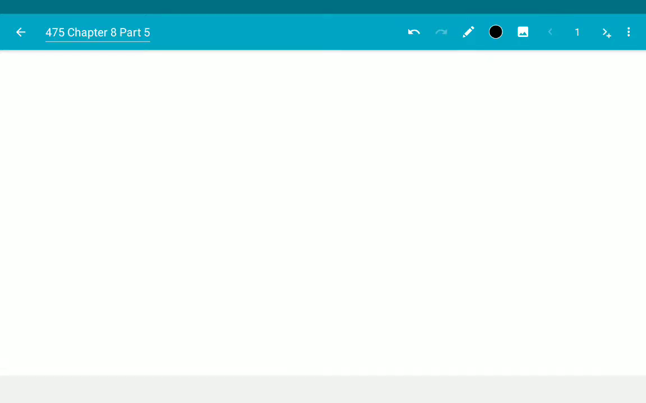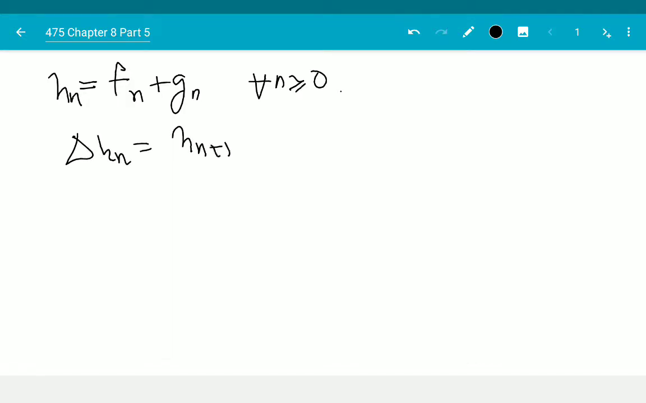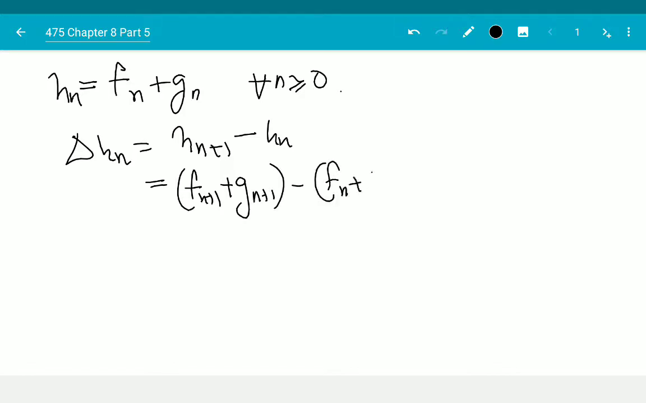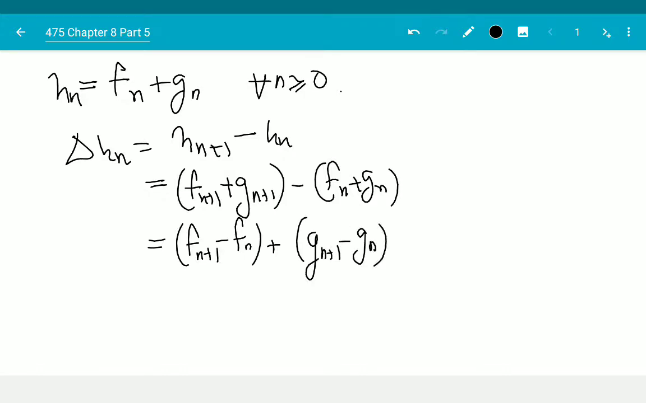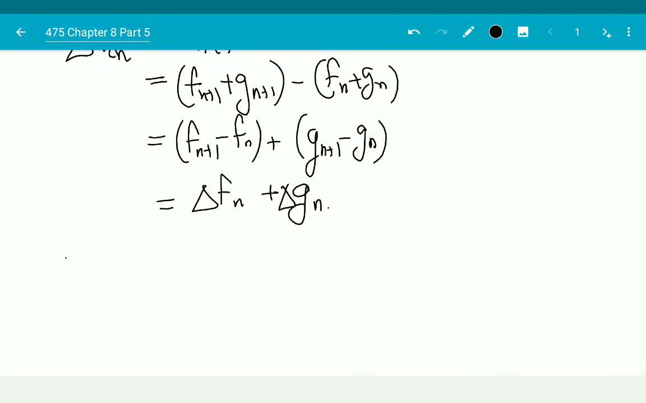Learning about different sequences, it is quite easy to see that if Hn was the sum of two different sequences, let's say Fn plus Gn, for every n greater than or equal to 0, then delta Hn is, by definition, Hn+1 minus Hn, which is equal to Fn+1 plus Gn+1 minus Fn minus Gn, which is equal to Fn+1 minus Fn plus Gn+1 minus Gn, which is equal to delta Fn plus delta Gn. Right? And therefore, inductively,